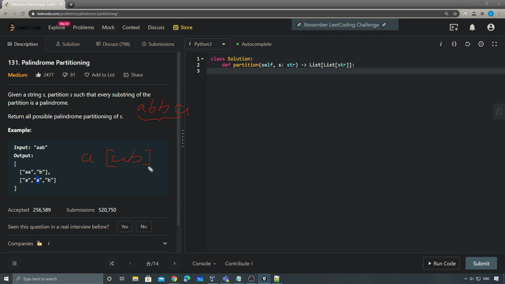Okay, so for this kind of question that asks you to return all the possible answers, we usually use backtracking or DP, right? And for this kind of question, you have each of the possible ways of partitioning these things here, right? So we usually use backtracking. Basically, the backtracking method will be